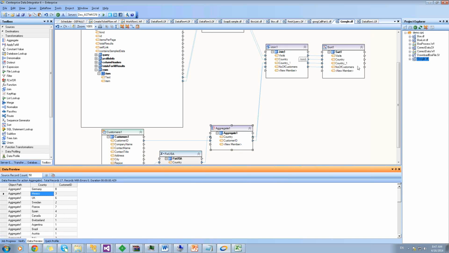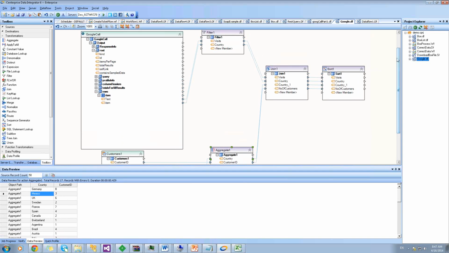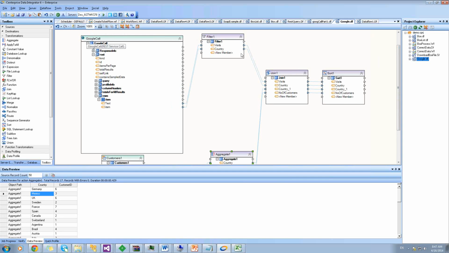So we want to compare that with the actual number of visits. We want to create a report and ask, how many visits result in a customer per country? Does one country give us a lot of website visits but doesn't buy anything? And does another country not visit our site a whole lot, but when they do, they buy something? That's valuable information to know. And that's a lot of information that is available to you through Google, which you can quickly and easily use in